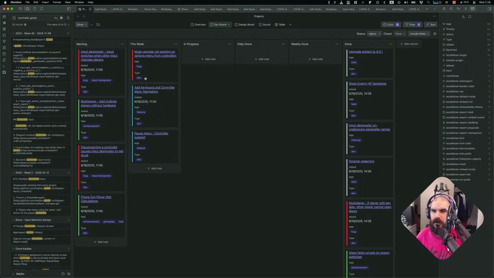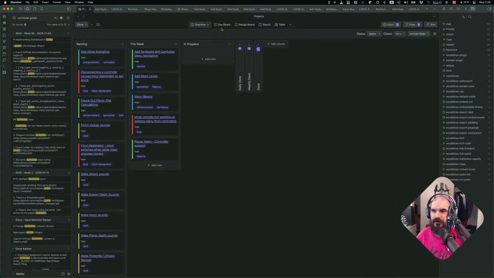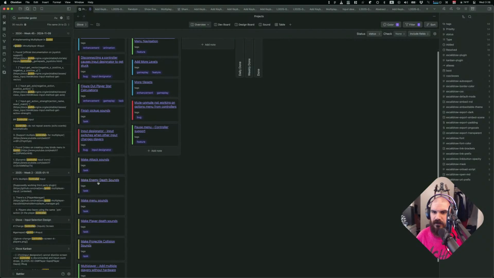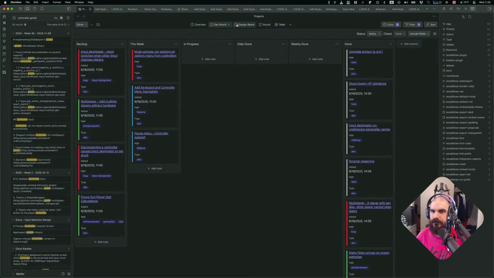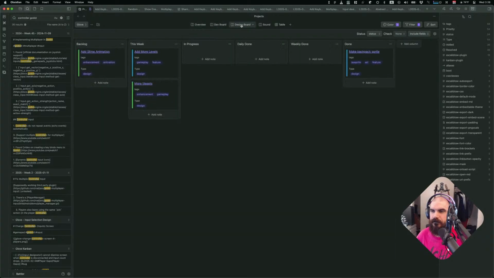Overview. Oh, I see. This is just the dev filtered things. So in progress, there was a thing, disconnecting controller. Did I make a separate ticket for it? Input switches on other, okay, no. And I kind of want to work on this input assignment nonsense